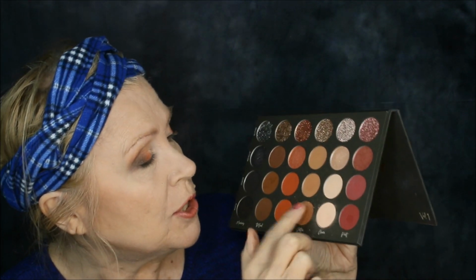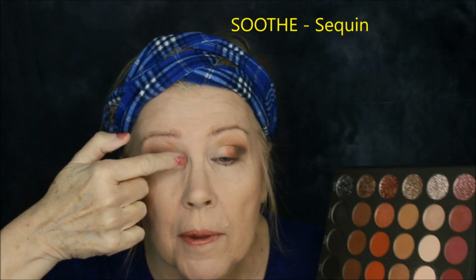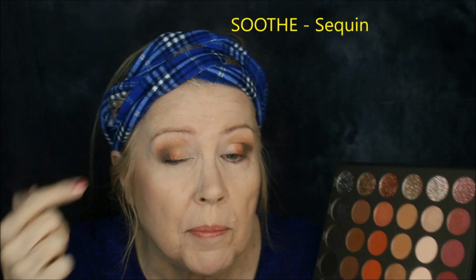I'm going to go into this shimmer shade, which should be right up here, the sequin shade, and I'm going to just kind of move it from the inner corner outwards to blend in with that other shade. Okay, and now I'm going to take